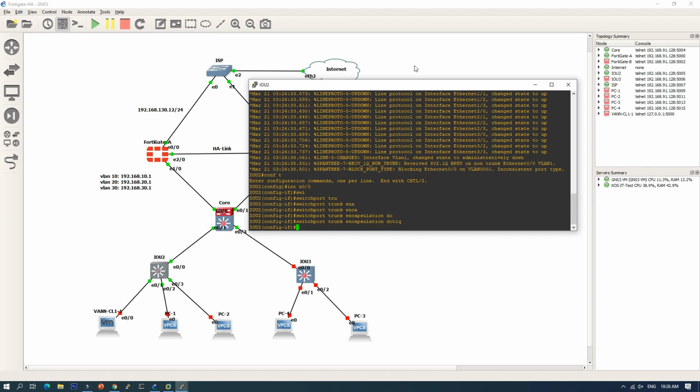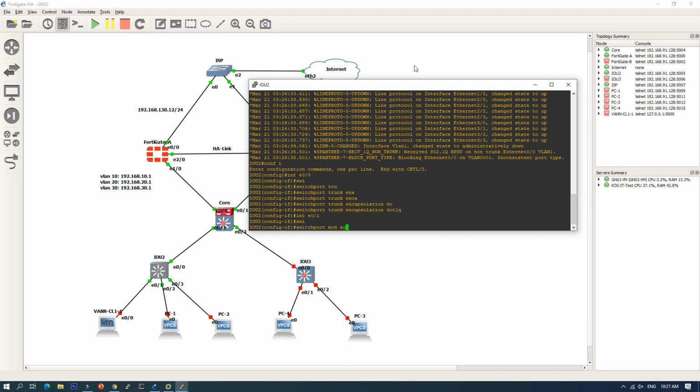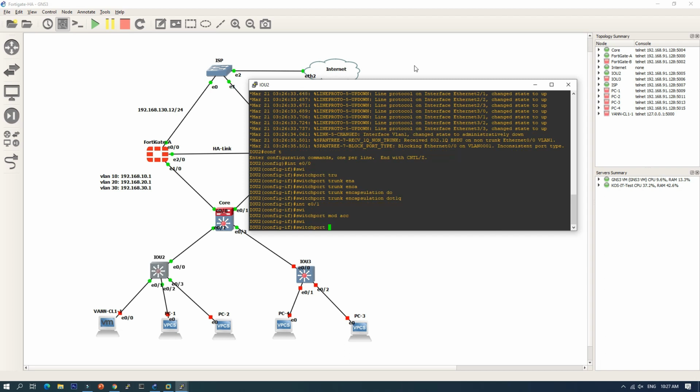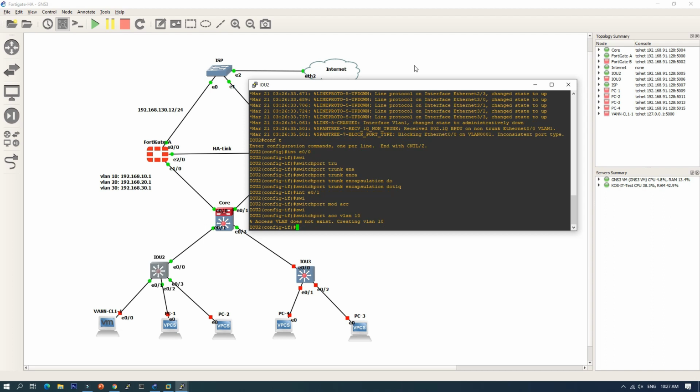Okay, interface E1, switchport mode access, switchport access VLAN 10. Okay, VLAN 10 is already created.